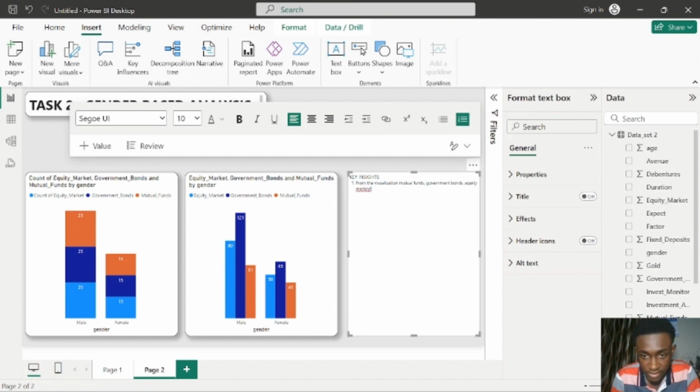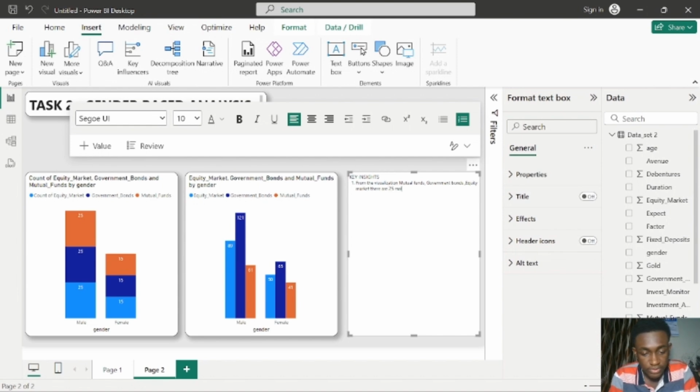Okay, so let me make this capital. So G, capital E, capital M. So for the visualization, mutual fund, government bonds, and equity markets, there are